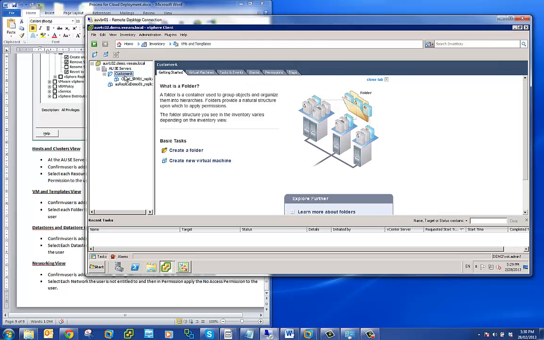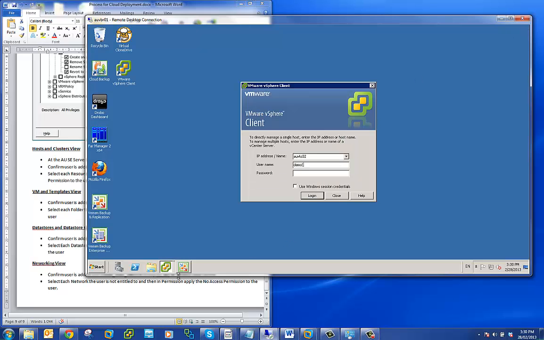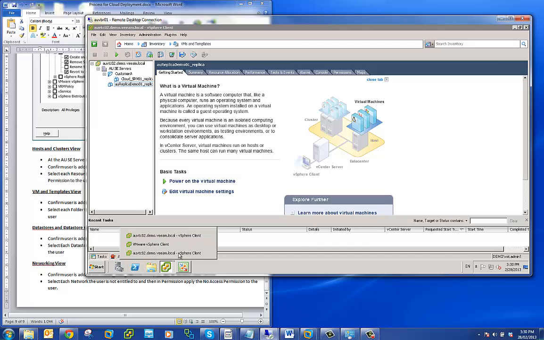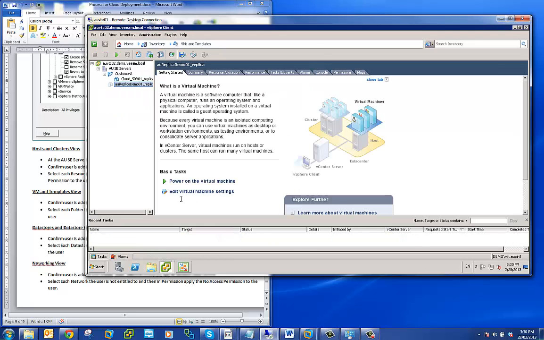Customer A, all he can see in here is that server, but this is the server that's been created outside of the process, and it's a replica that's not been pushed into a folder. So quite quickly we can see that problem and go in with the admin rights and then push this into replicas,